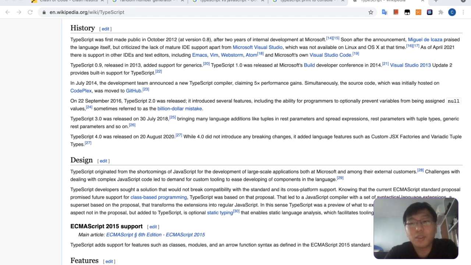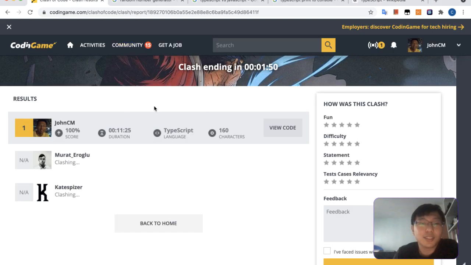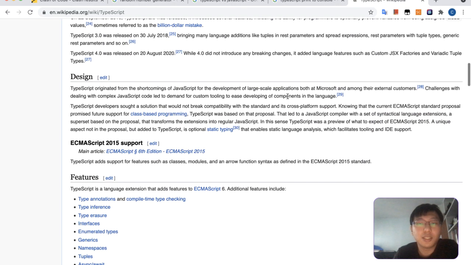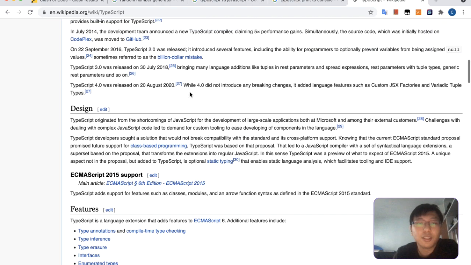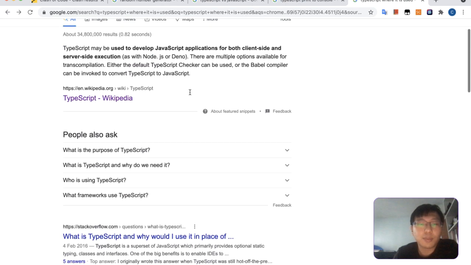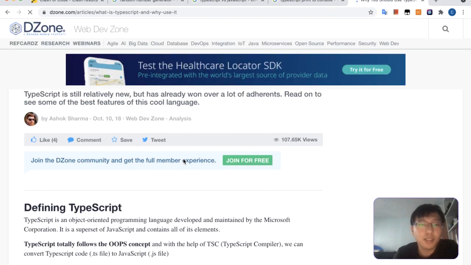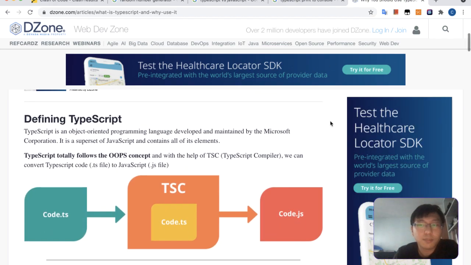But there are some languages that I strictly will not use, like for example Haskell, because I don't really like functional programming. It's kind of tough to use Haskell. But TypeScript is okay. TypeScript looks good. It has quite a lot of support. I heard of TypeScript before. What is TypeScript and why do we need it? Simplifies JavaScript code, making it easier for